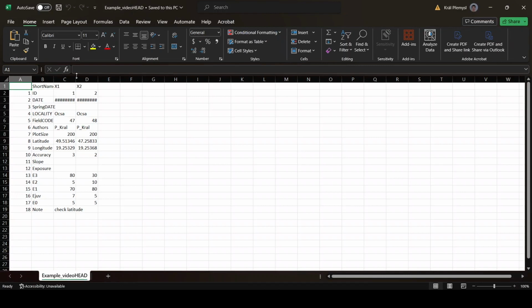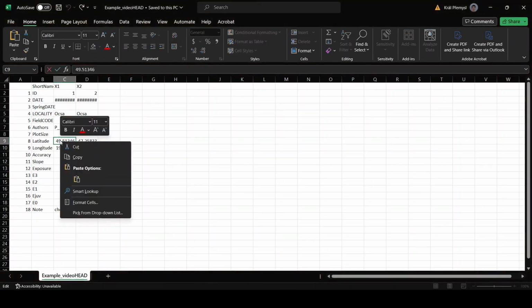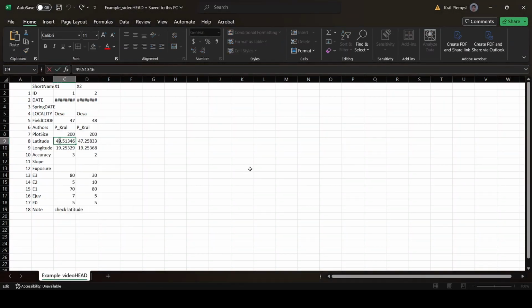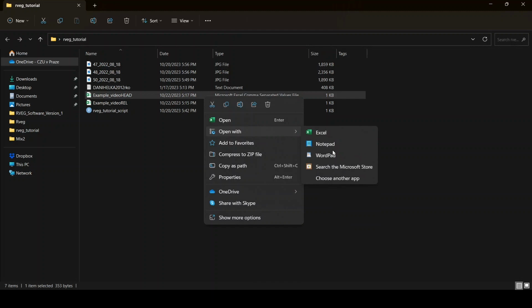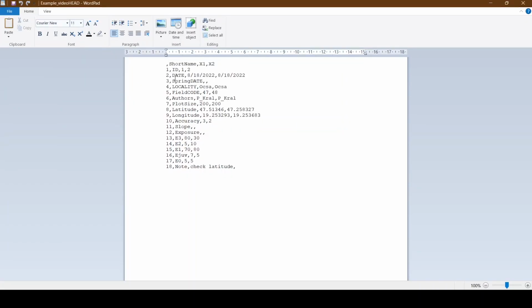I can see that I have written the wrong latitude, so I will repair it here, save it. I'm going to check that it's still with the commas. Yeah, it's correct.